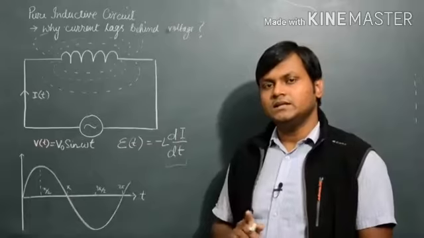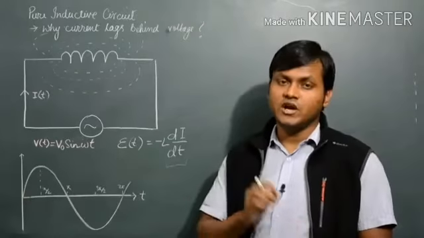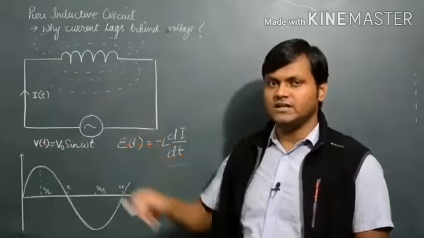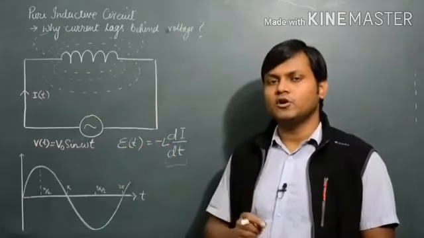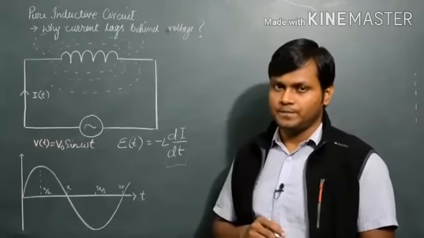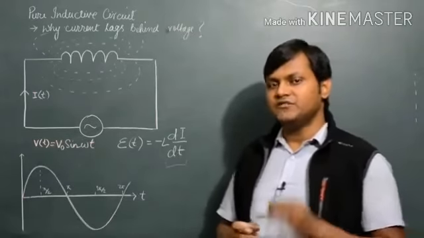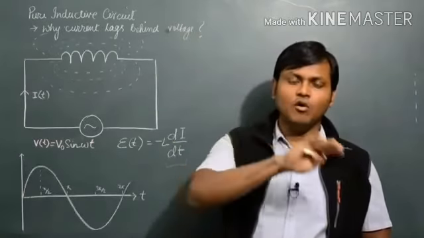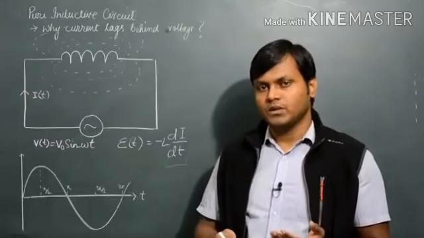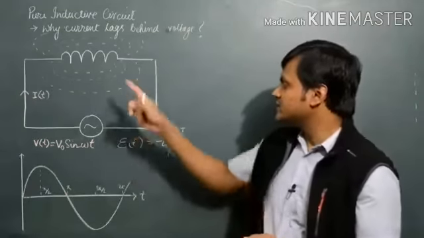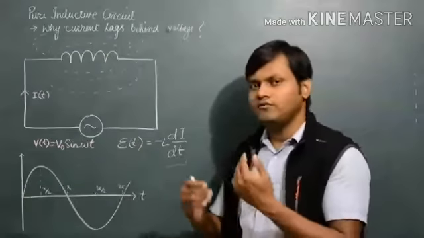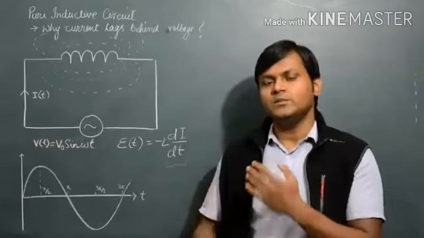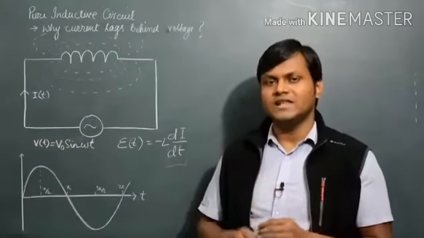If you compare this kind of inductive circuit with another circuit which contains a resistor instead of an inductor, then the resistor would simply offer an opposition to the flow of current. In the case of a resistor, if the voltage is rising and falling, the current would also rise and fall along with the voltage. However, the inductor does not offer resistance to the flow of current, but rather it offers resistance to the change in the flow of current. We end up getting a little bit of a different result. So let's see what happens.